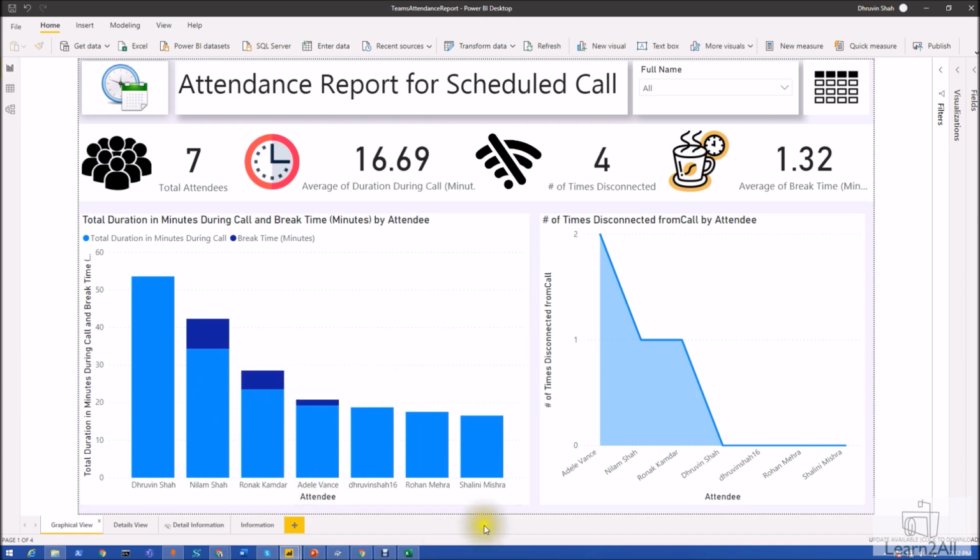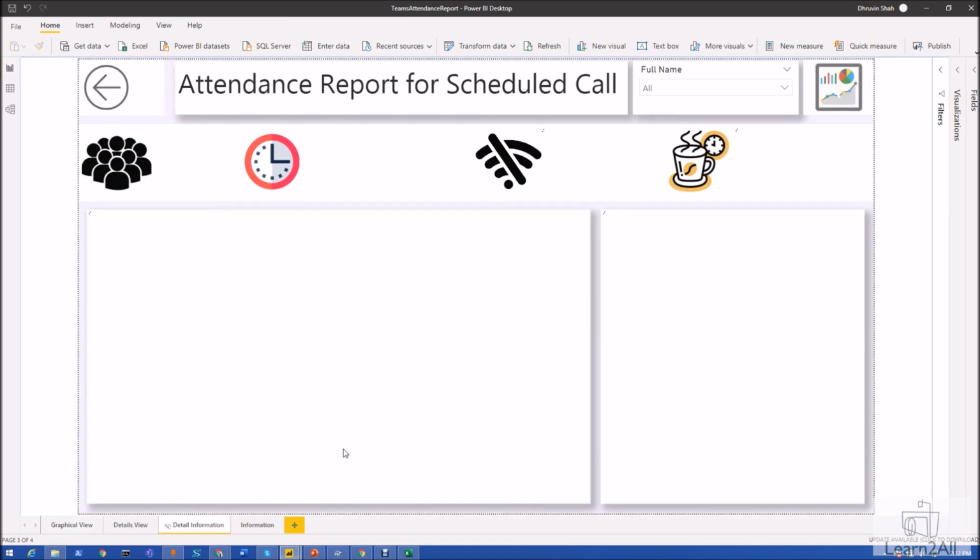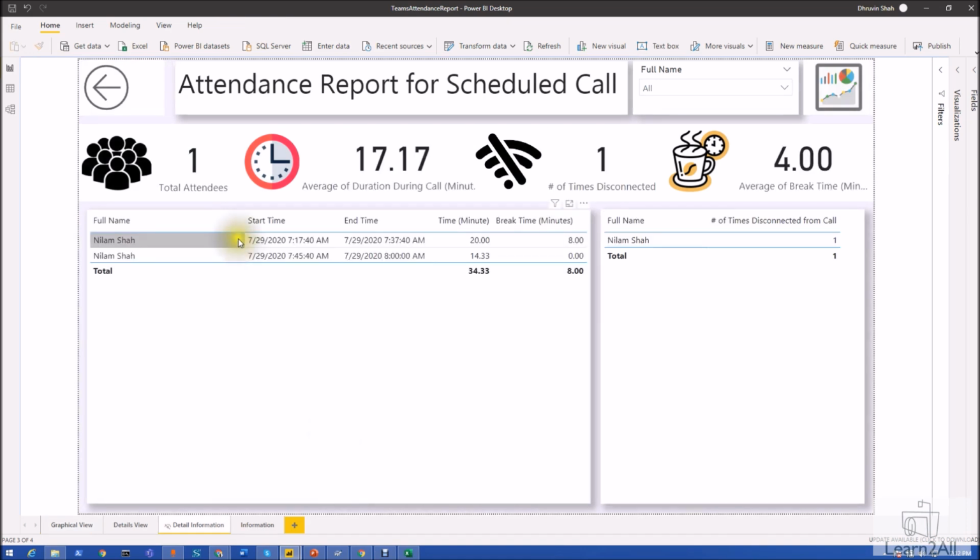Now let's see the detailed information, like what the analytics are. Once you click on detailed information, we will be redirected to the specific user's details. As we can see here, Neelam's total duration was 34 minutes, right? Her break time was 8 minutes and she disconnected one time.